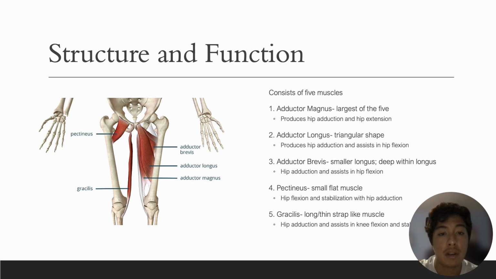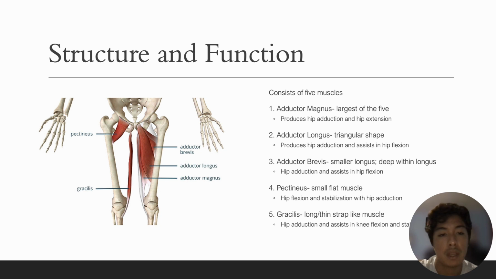The adductor longus, which has a triangular shape, and is responsible for producing hip adduction and assists in hip flexion. The adductor brevis, which is a smaller longus and deep within the longus, and is responsible for hip adduction and assists in hip flexion. The pectineus, a small flat muscle, which is responsible for hip flexion and stabilization with hip